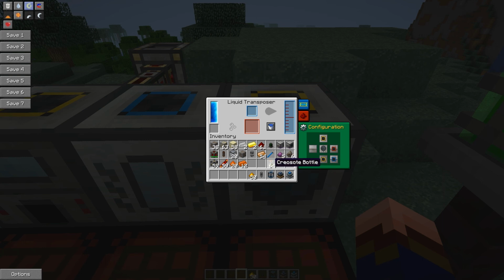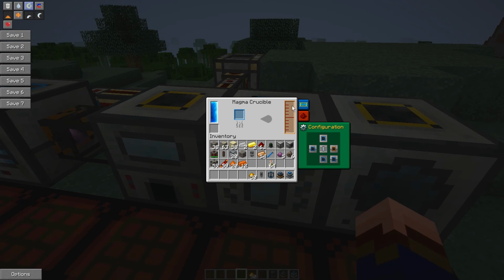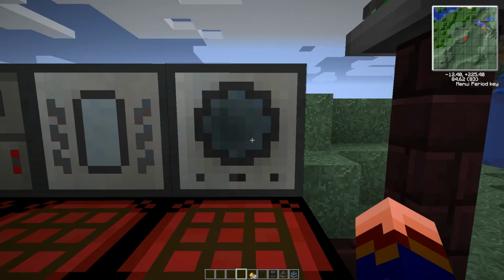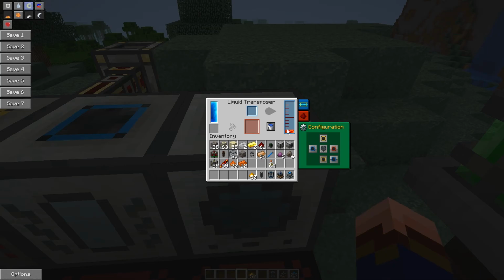But let's go ahead and take that magma crucible, tell it to output to the right, and let's tell this to input to the left. And sure enough, that molten magma was completely dumped over into the transposer. So you can use this to can and uncan your lava without destroying the containers, because you can also output the liquid directly from the transposer